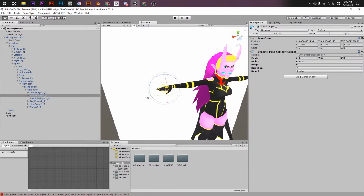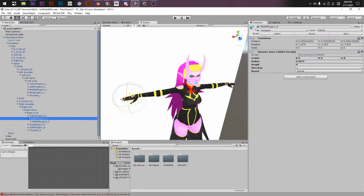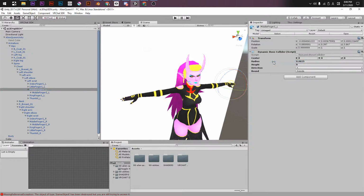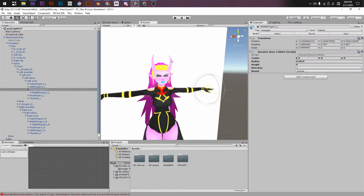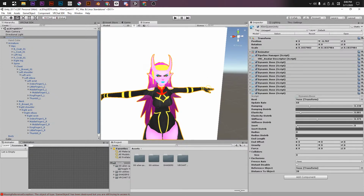Why am I adding this? Because I want to have collisions with the dynamics of the character. The same thing, let's copy the component and go to the other arm. Then go to the middle finger, select the middle finger, and then paste components as new. That's it. The second thing that you have to do is go to your bones, and in each bone,